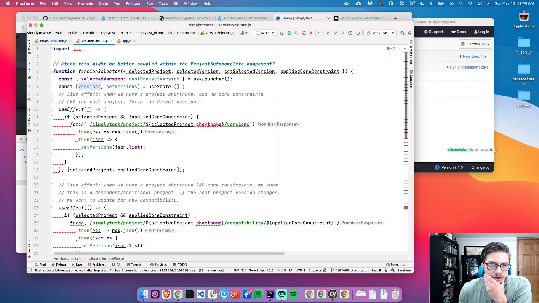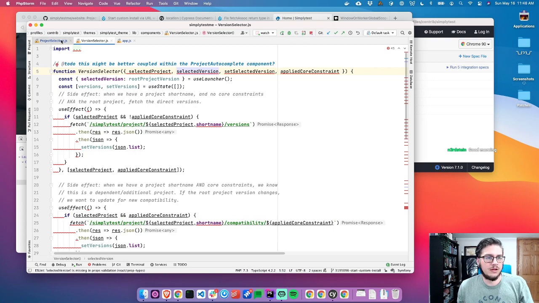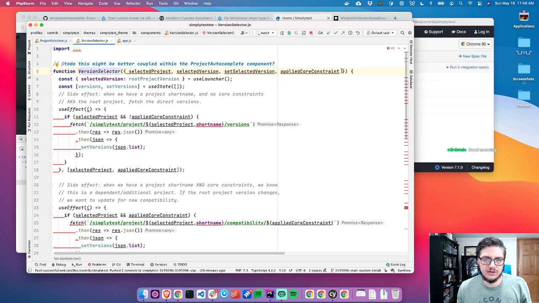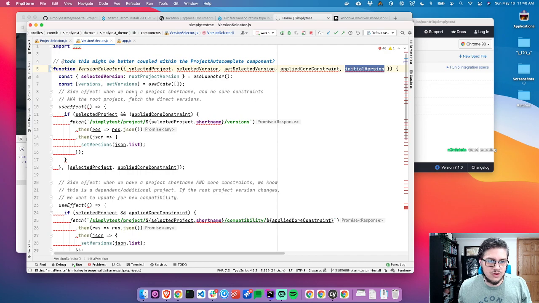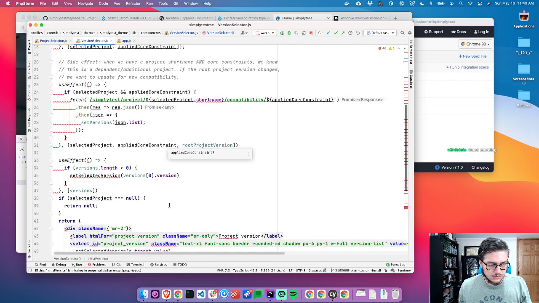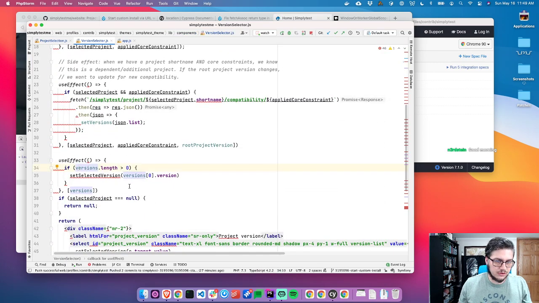So what we need to do is cry a lot because this thing really needs the major refactoring. So initial version, so version set selected version there. So version's length is greater than 0. So I'm going to say if there's no initial version,